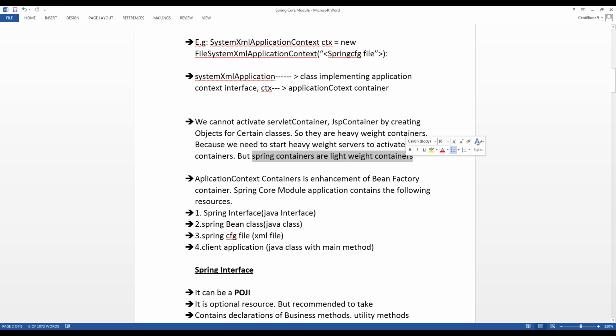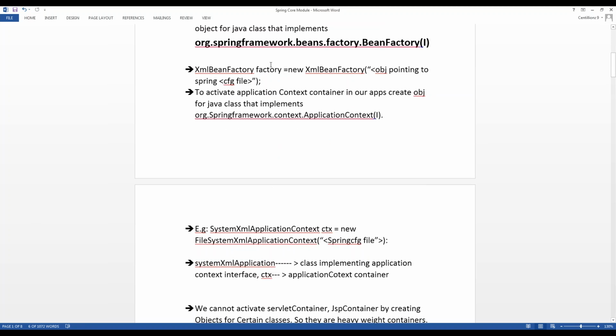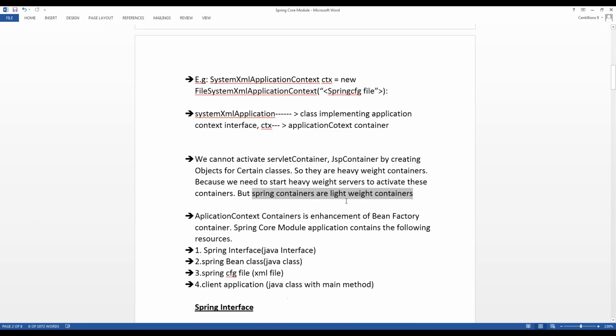Using BeanFactory and XmlApplicationContext, we can create objects. By seeing these two statements, we can understand that the Spring container is a lightweight container, but the servlet container and JSP container are heavyweight. This is a very important interview point.